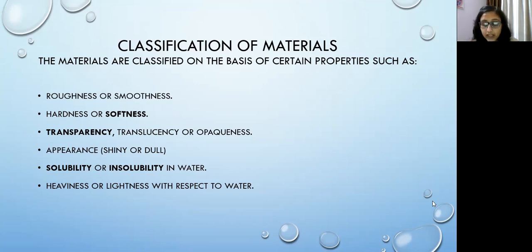So that is why if I want to store any liquid, if I want to store water in a tumbler, what kind of material should I use? I should use a material which has the property to hold water. Okay, so that is why plastic, steel, glass, all these are used to make a tumbler. Similarly, if I talk about another example,